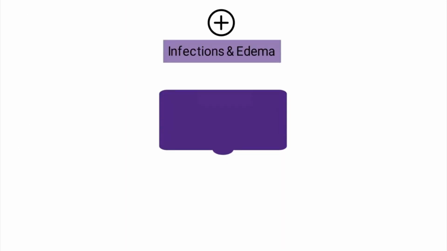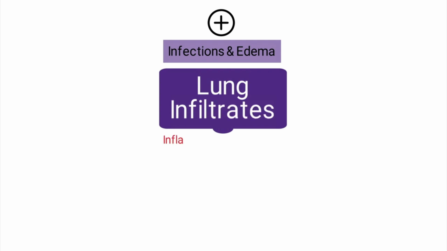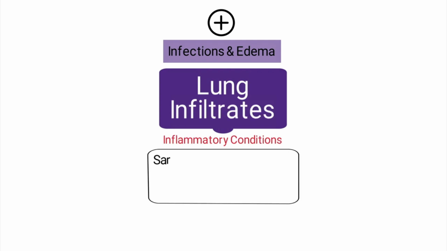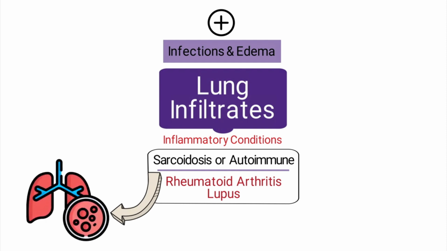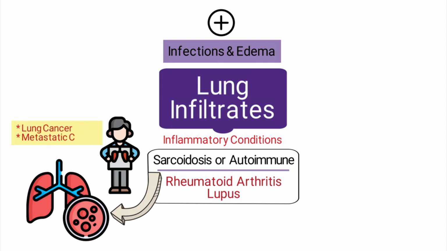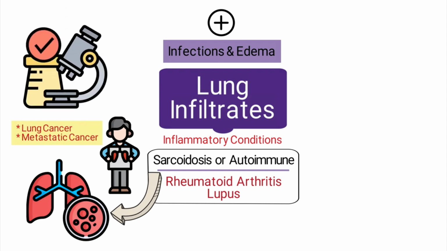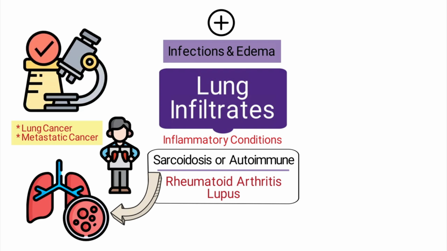In addition to infections and edema, lung infiltrates can also be caused by inflammatory conditions such as sarcoidosis or autoimmune diseases like rheumatoid arthritis and lupus. These diseases can lead to the accumulation of inflammatory cells in the lung tissue, manifesting as infiltrates on imaging. Lung cancer and metastatic cancer from other sites can also present as infiltrates, often requiring further investigation to differentiate them